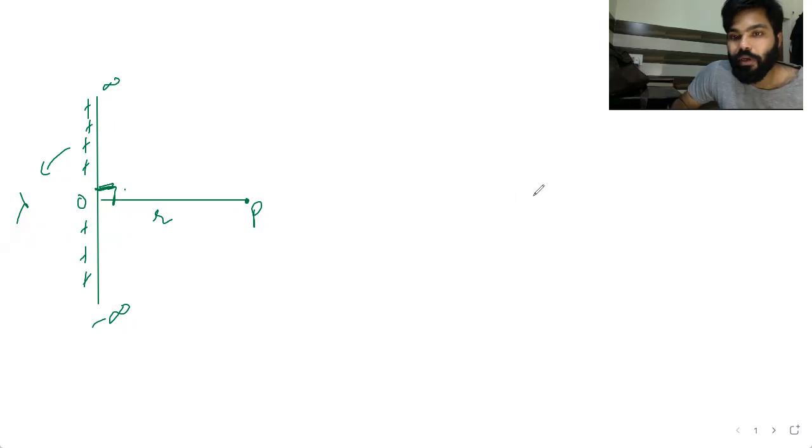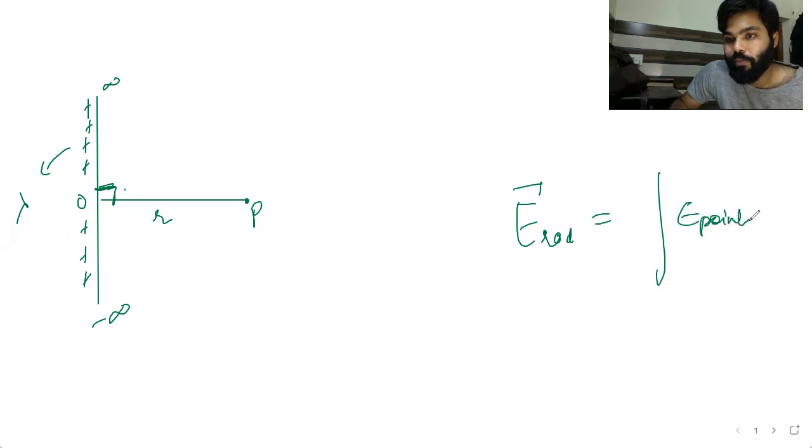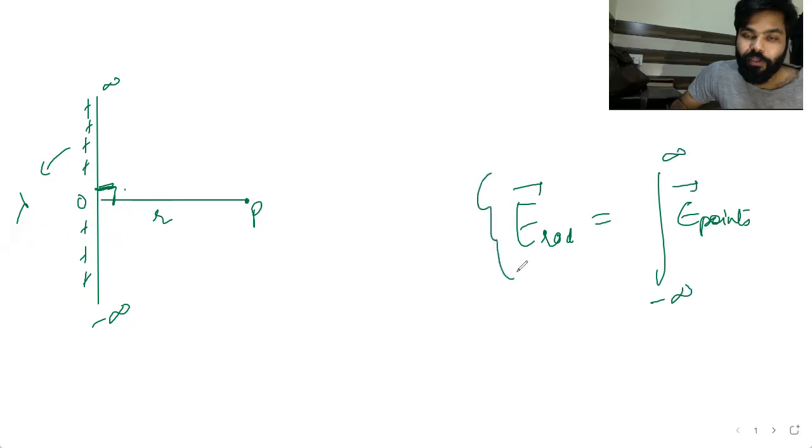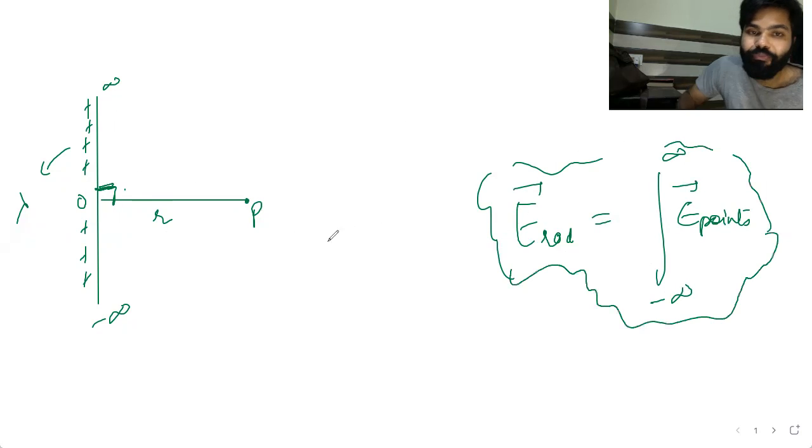So the electric field of the rod is going to be the electric field of all the points present in that rod from minus infinity to infinity. This is our key concept for solving the problem. And assume a point charge x distance